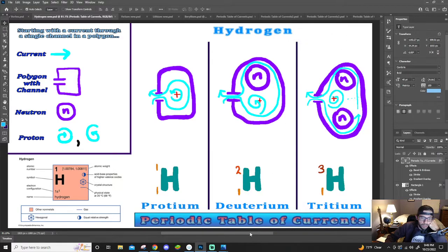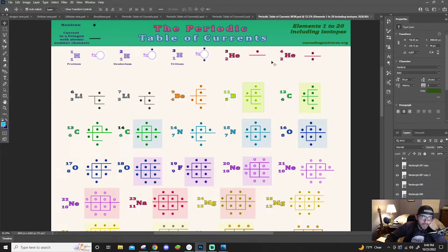Maybe I should draw an example somewhere, like a polygon chamber, just on one of them as a representation. Okay. Anyway, so